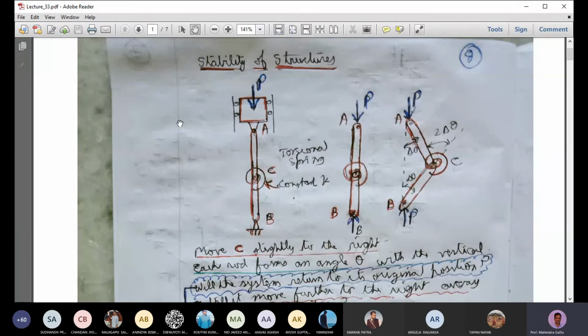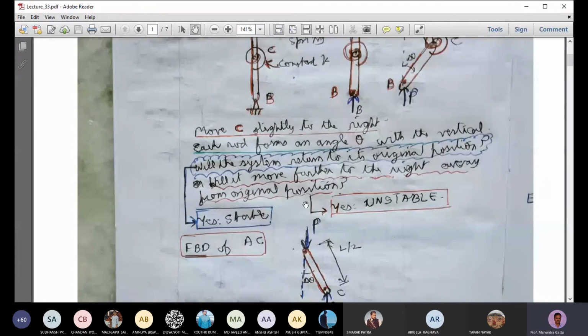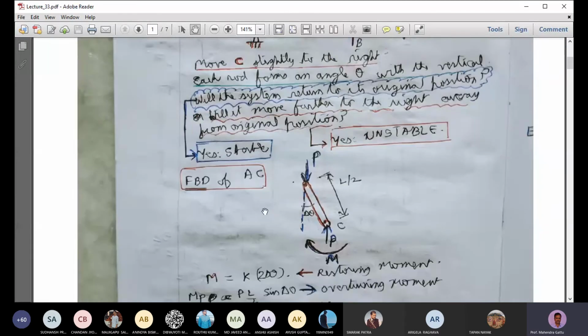In that case, if we move the free end, where there are two springs, to the right, then there will be a restoring moment from both the springs. One spring will be in tension, so it will try to pull it towards the left. The other spring will be in compression, so it will again push it to the left. You can analyze it in that fashion also, but here we are analyzing the spring problem. Maybe I can give some homework where you can do that analysis later.